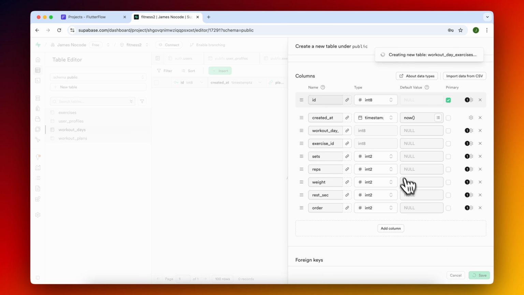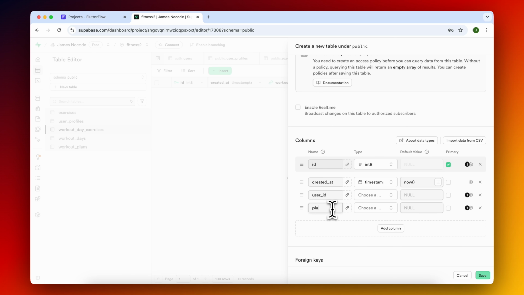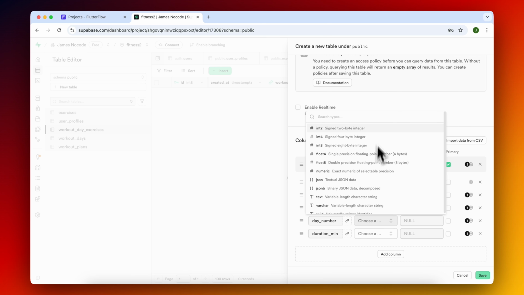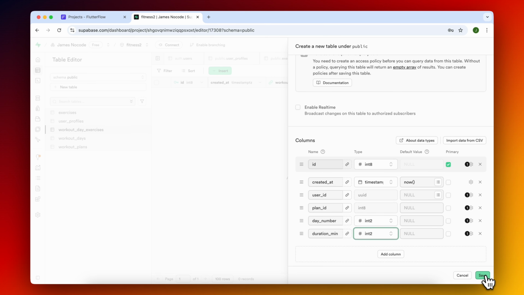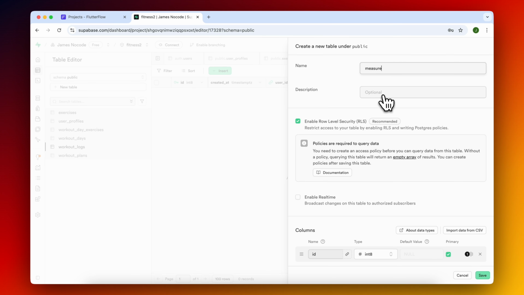Let's go ahead and save that. Next table we have is workout logs: user ID, plan ID, day number, completed at. So completed at is actually created at, it's the same thing. Duration minutes, and that's going to be an int. So this is plan ID. This is int. This is a float. Well, it's minutes, I'm just going to make it int. Okay, save. And we have one more table, and our last table is going to be measurement logs, and this